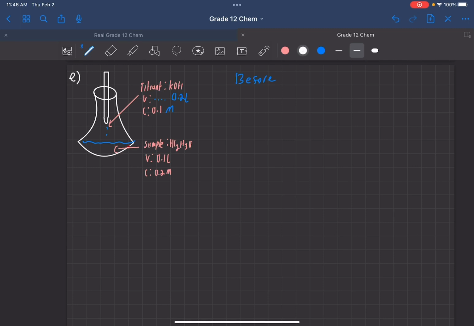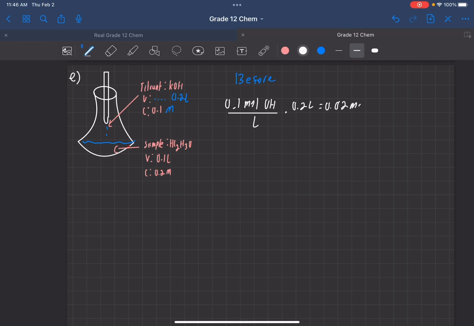Okay, so this is question E. So this time we're going to be working with 0.2 liters of titrant. So 0.2 liters of potassium hydroxide, and this is titration. Okay, so let's do our before and after once again. So before we have, well, 0.1 moles per liter of hydroxide, right? Because potassium hydroxide is a 1-to-1 ratio, titrant, and we should get